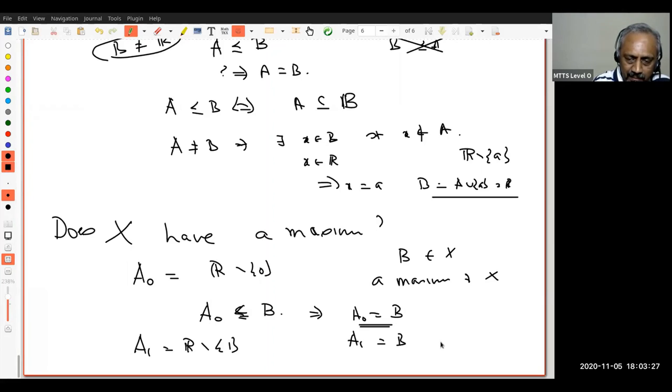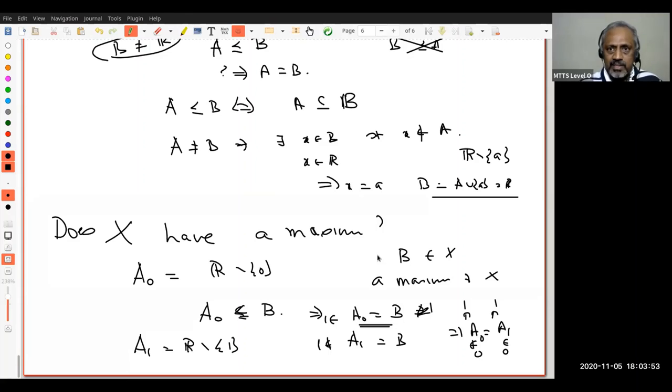Right? But that's wrong. Why? Because 1 belongs to this. Sorry, 1 belongs to a naught, whereas 1 does not belong to a. You understand that? This will imply a equals a naught equals a1, but 1 is here, but 1 is not here. And 0 is not here, but 0 is here. So this contradiction shows x does not have a maximum, but it has